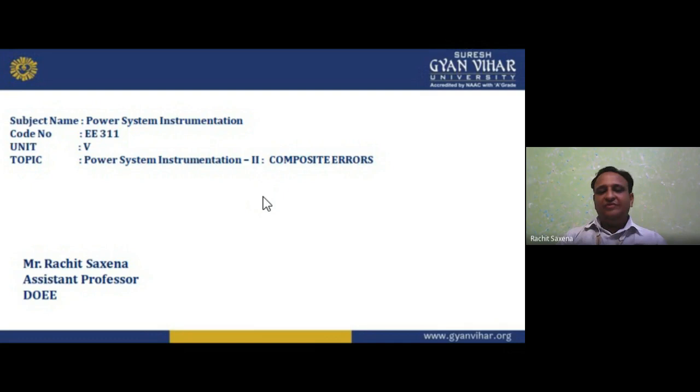Then unit number 2 has the transducer: active, passive, digital, analog, on the basis of transduction: inductive, capacitive, photoconductive, photovoltaic, piezoelectric, all these. Then LVDT, RVDT, photovoltaic, piezoelectric crystal, capacitance for displacement, strain gauges, thermocouple, thermistors, RTD (resistance temperature detector), and potentiometer, and we have the Hall effect. So many things we can measure with the help of a transducer, and a transducer is an instrument which converts one form of energy to another form.